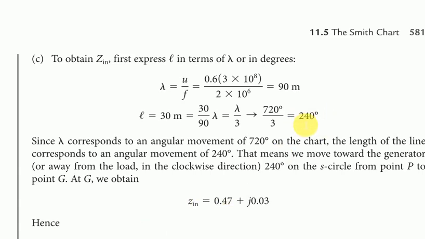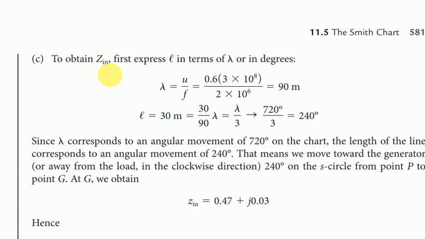So now see, you have to find out input impedance. That means you have to find out impedance at the input side, that means towards the generator side. अगर आपको इनपुट इम्पिडेंस जनरेटर साइड फाइंड आउट करना है, इसका मतलब आप लोड साइड से जनरेटर साइड की मूव करोगे, तो इसका मतलब आपको रिवोल्यूशन क्लॉकवाइज डायरेक्शन में लेना है। मैंने बताया था जब यू हैव मूव इन द क्लॉकवाइज डायरेक्शन अलोंग द स्मिथ चार्ट, दैट मीन्स यू आर मूविंग टुवर्ड्स द जनरेटर साइड।